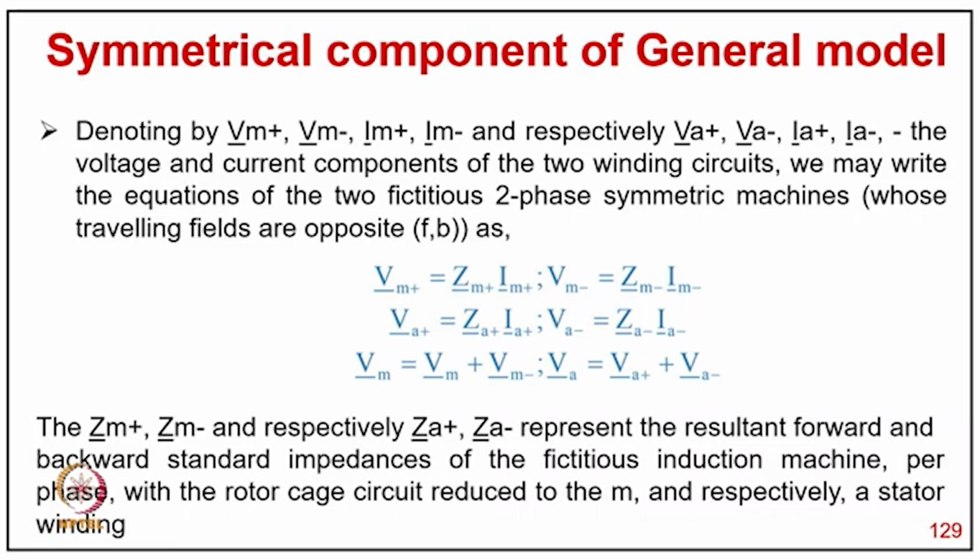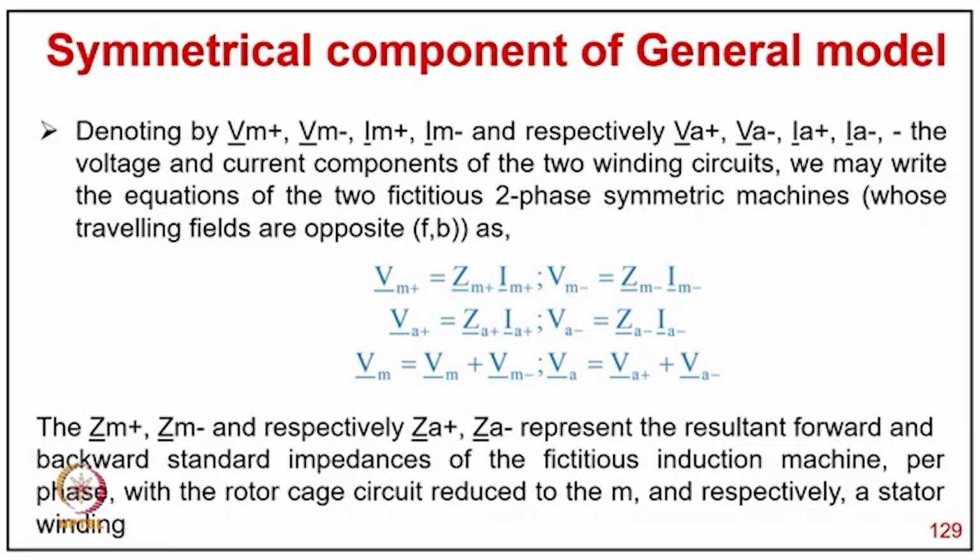So Vm+ equals Zm+ Im+, and Vm- equals Zm- Im-, and Va+ equals Za+ Ia+, and Va- equals Za- Ia-, and Vm equals Vm+ plus Vm-, and Va equals Va+ plus Va-. So Zm+, Zm- and respectively Za+ and Za- represent the resultant forward and backward standard